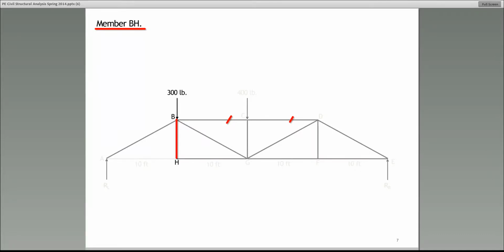These members in the truss are two force members. What that means is the force can only act along the member. All right? These are all called two force members. So the forces